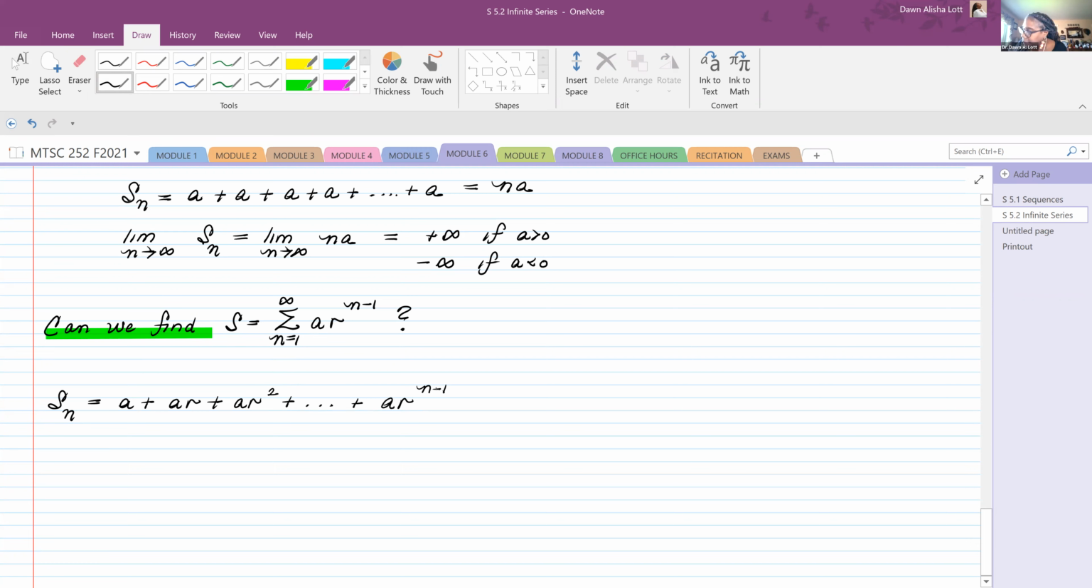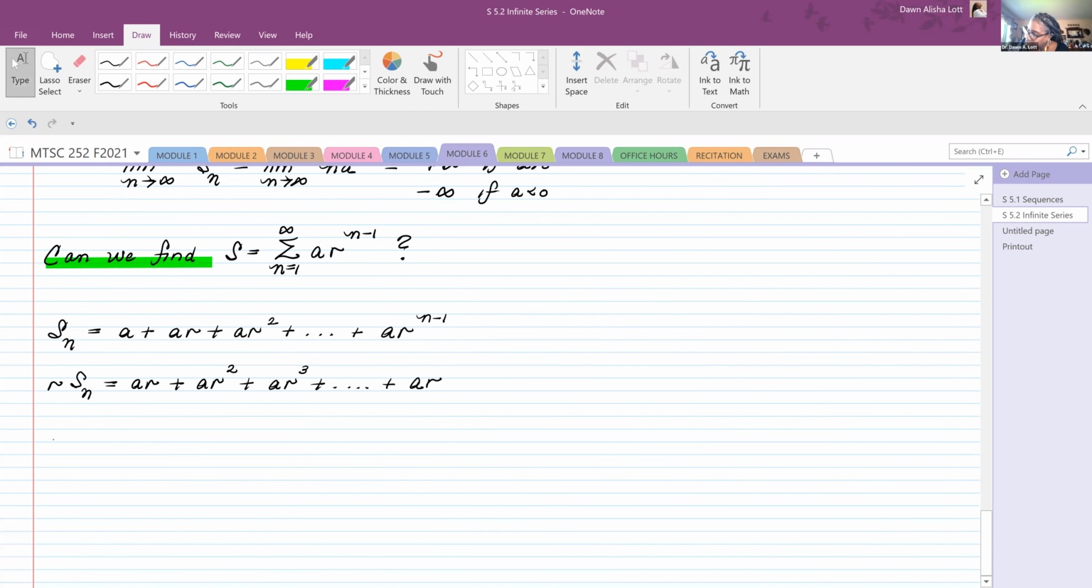So let's multiply that by r. So r times Sn is going to be ar plus ar squared plus ar cubed all the way up to, and then I'm going to multiply ar to the n minus 1 by r. So I'm going to get that. So now I'm going to subtract them. So Sn minus rSn